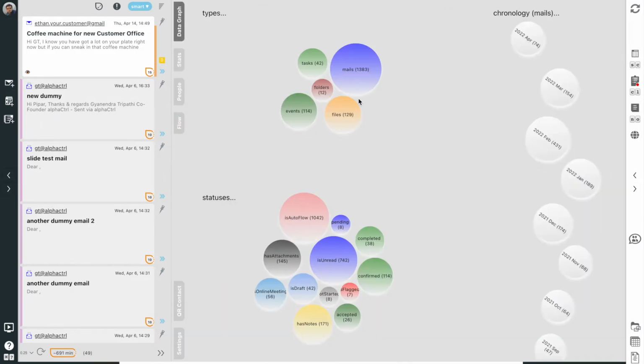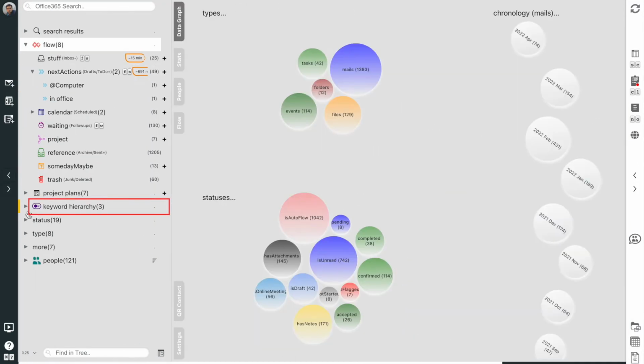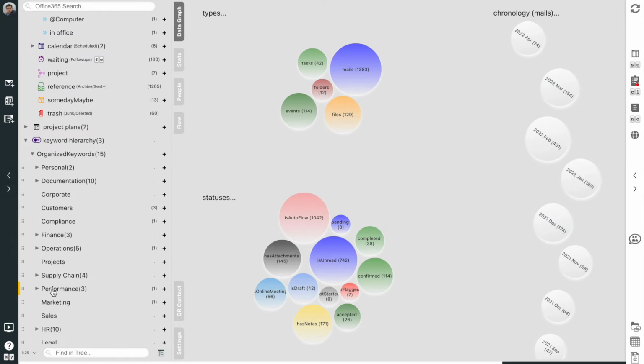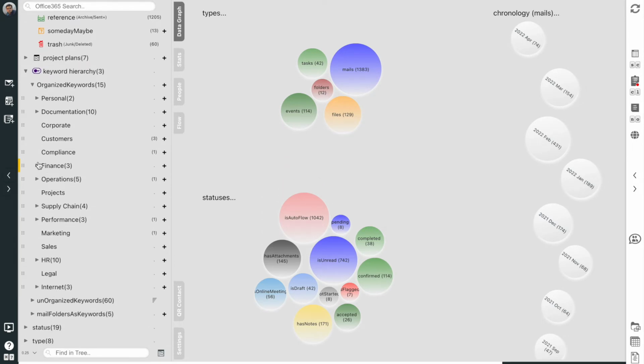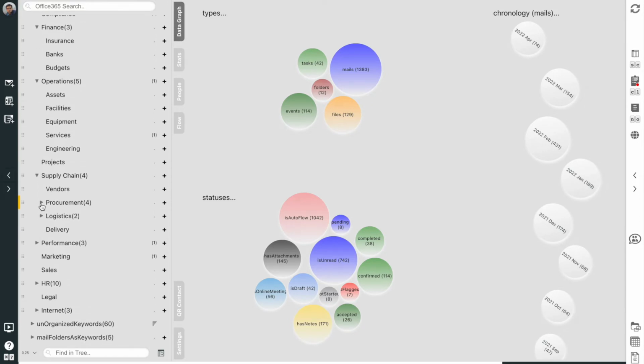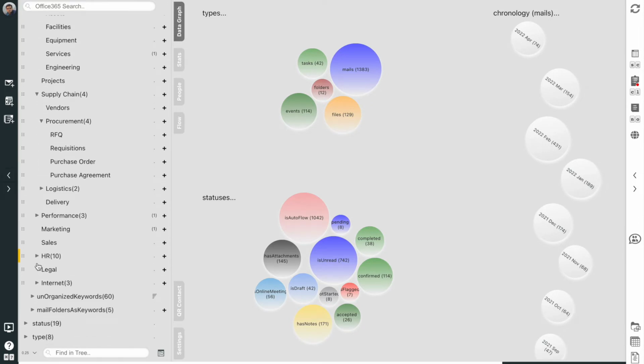These keywords can be found under Keyword Hierarchy in the tree pane. Alpha Control comes preloaded with a rich keyword hierarchy that we have developed over decades of experience managing operations and projects at large Fortune 500 enterprises.